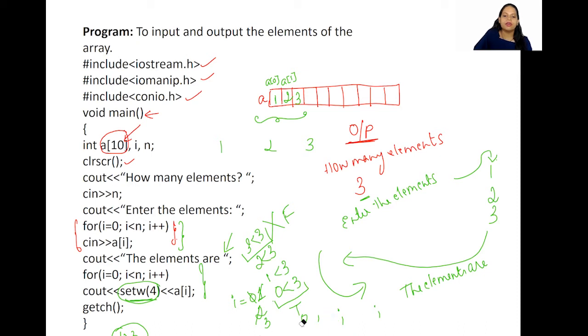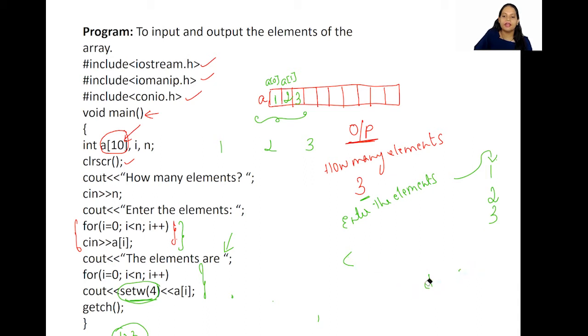Now see the next for loop, whichever we are using. This is the for loop we are using in order to display the values stored in our array. Okay, so we have taken the input into the array using a for loop. Now we are going to display them also using the for loop. So see here, for I equals 0, I less than n, same conditions we are taking. Okay, and then I am saying cout the setw, and then I'm saying A of I. Now what is going to happen here? The only difference is here it is cout instead of cin.